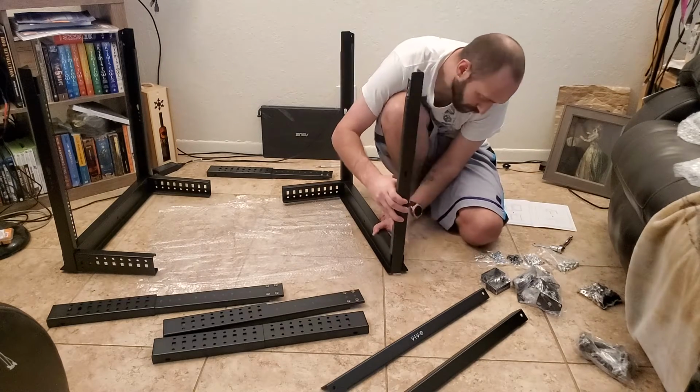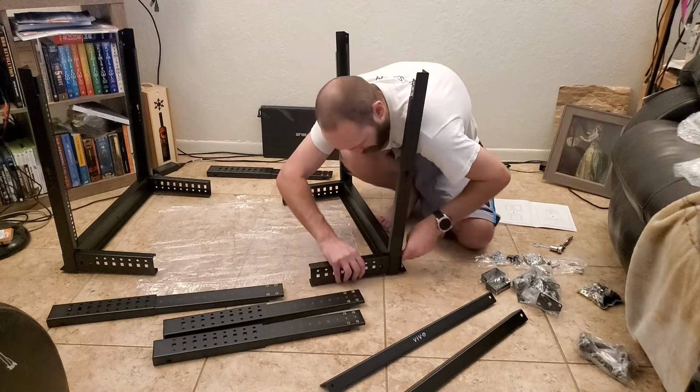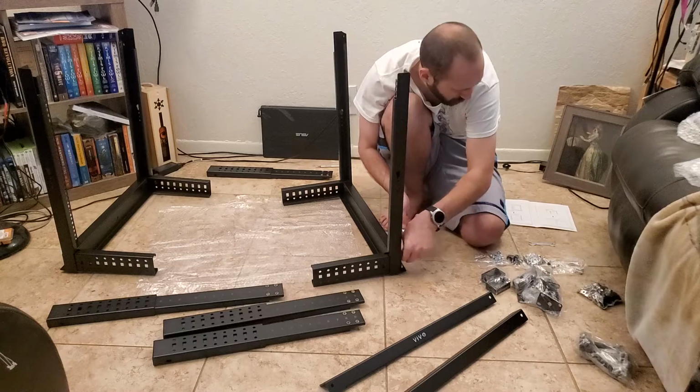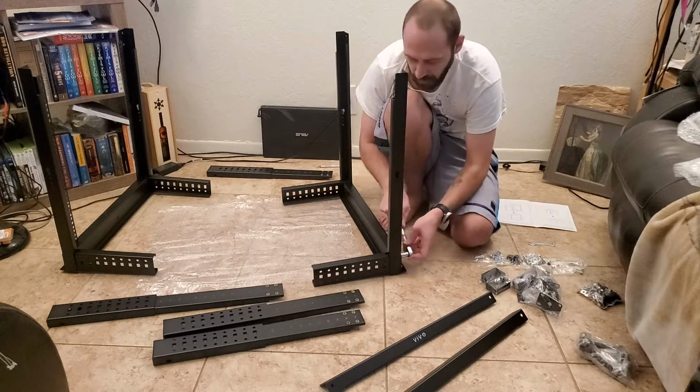And you can see me here putting in the other front or back braces and stuff. And then what this will be able to do is slide together with those actual side braces that are adjustable as soon as this is all tightened up. I think I'll do that